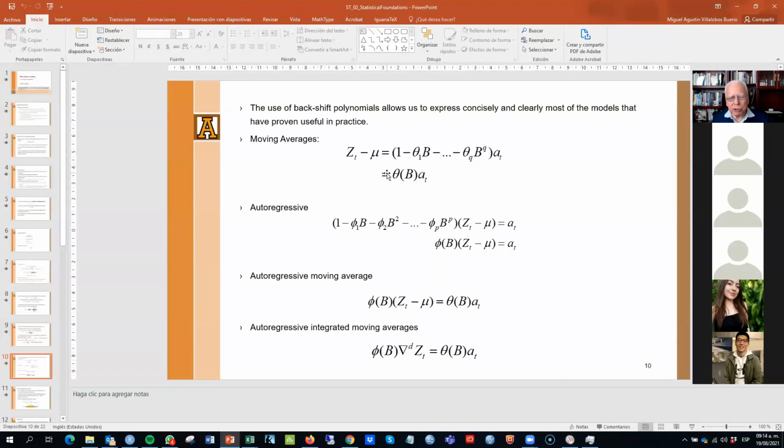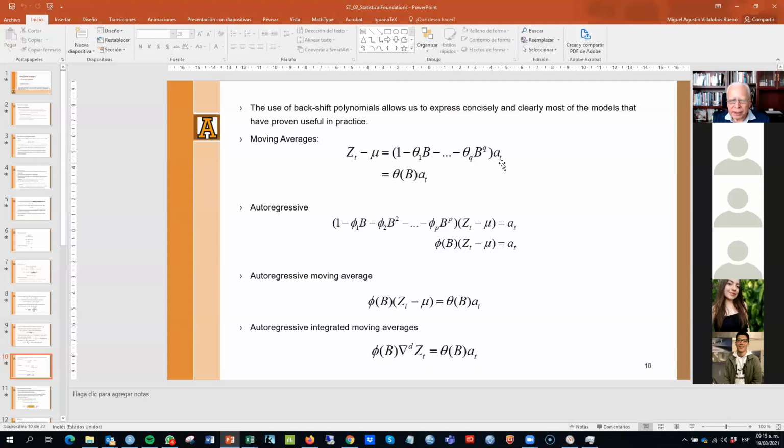We assume that Z_t, the time series minus its mean, so as you can see, we're assuming there's a constant mean for that time series, is this theta of B backshift polynomial: 1 minus theta 1 B minus theta 2 B squared, up to minus theta q B to the q,